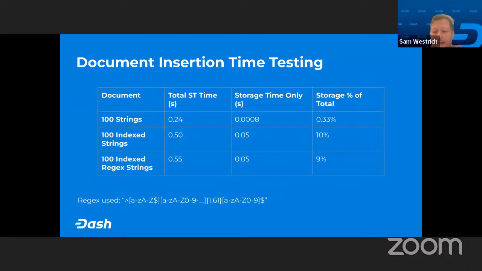When we look at the fact that the storage percentage of the total time is only 10%, then in a normal system, that should be more like maybe 80 or 90%. We realize that the actual storage times that we should be expecting for the system are much closer to the second column.